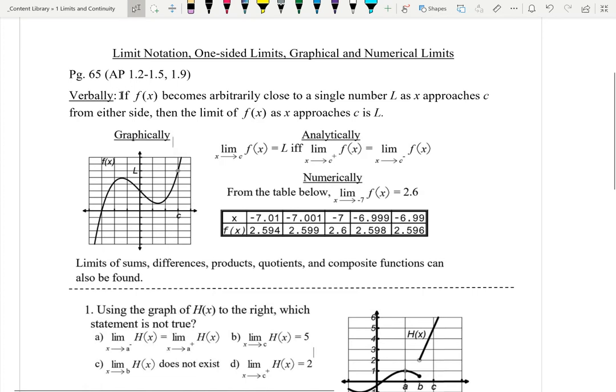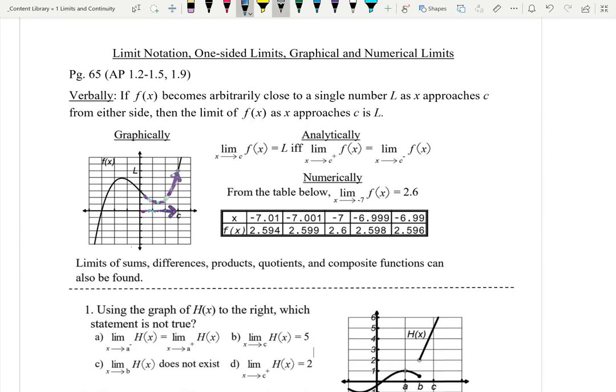So verbally, if f of x becomes arbitrarily close to a single number L as x approaches c from either side, then the limit of f of x as x approaches c is L. So if you take a look at this picture right here, what I'm saying is, as I get closer and closer to c along the x-axis, note that if I follow along the path, the y values corresponding with the x's, as x approaches c, the y value on the function is approaching